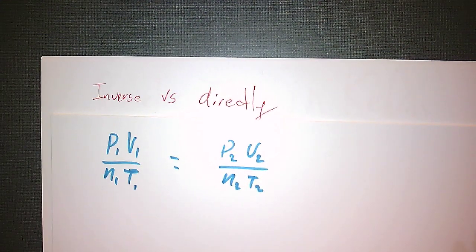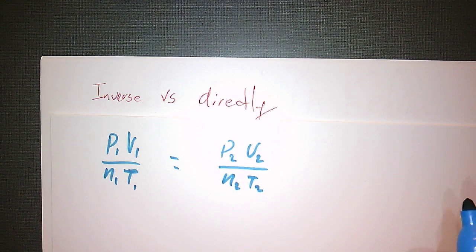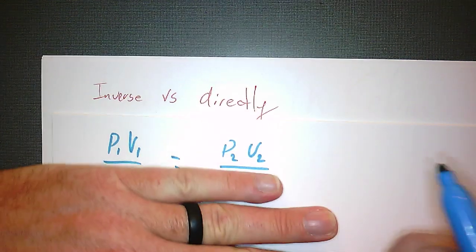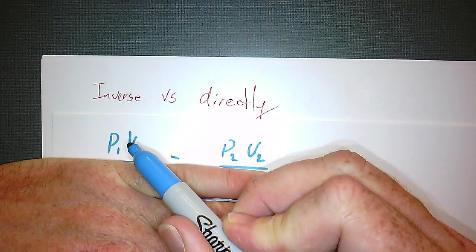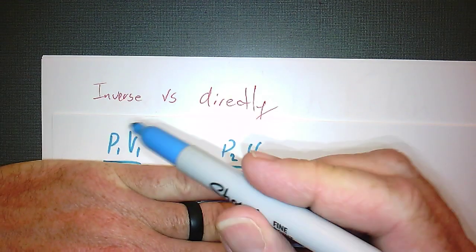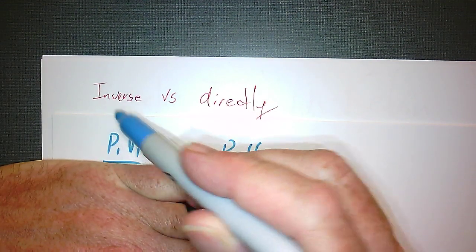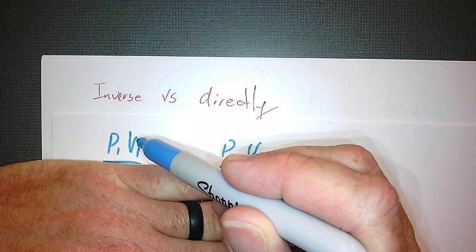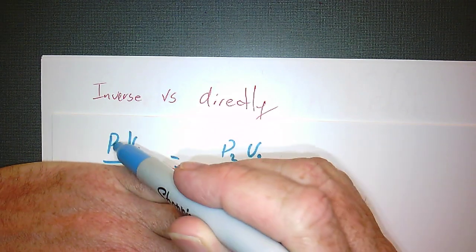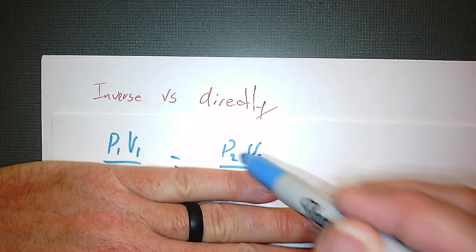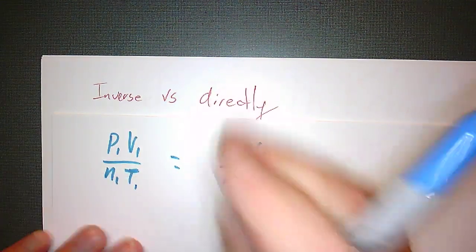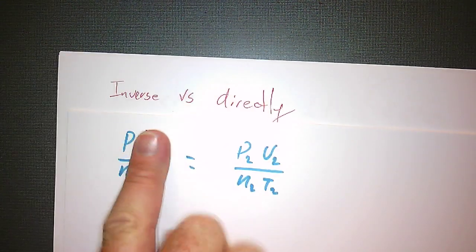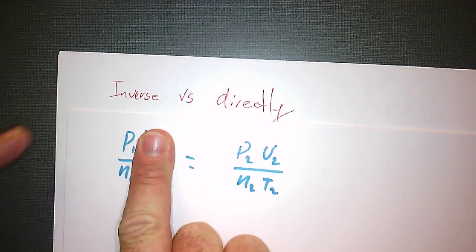The easiest way to remember inverse versus direct, if they're on the same level, right? P1, V1, that is inverse. Because when P goes up, V goes down, right? So if this P gets higher from here to here, then the V had to get smaller so it maintains a constant, all right? But if they are top and bottom, they are